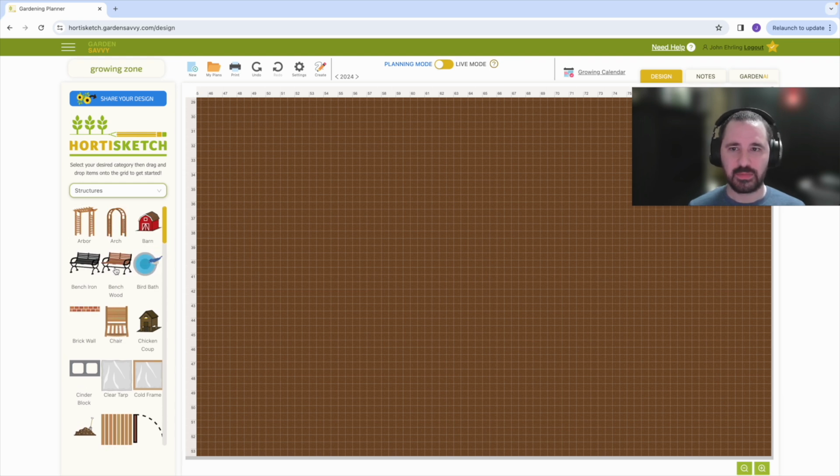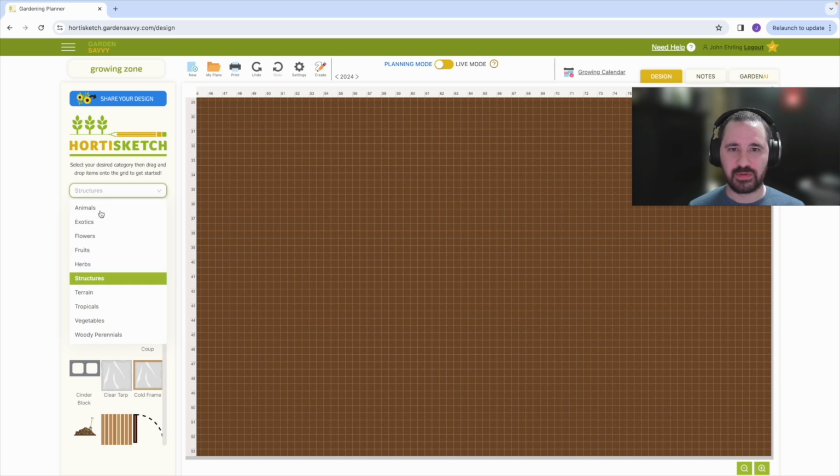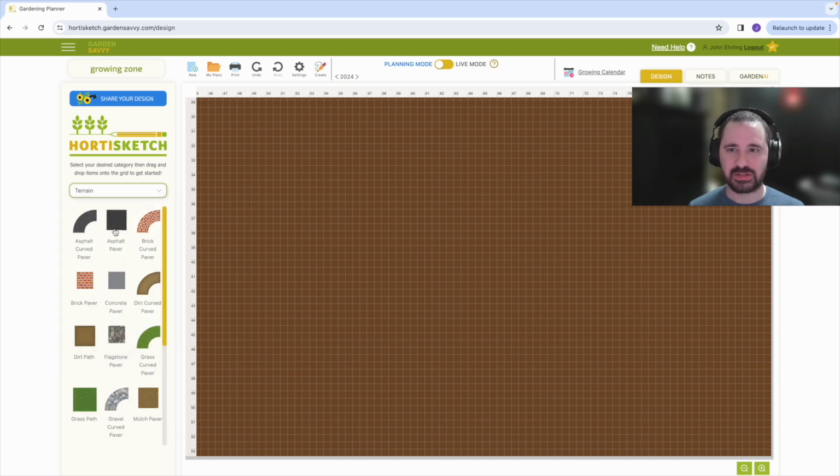to add it. I believe all great garden plans start with a foundation, so I recommend you access the structures or terrain tabs first to lay out your property or your garden beds. If you wish to create a custom structure or custom raised bed, please utilize the Create tool found at the top. To learn about the Create tool, please watch our other tutorial video on creating raised beds and utilizing the